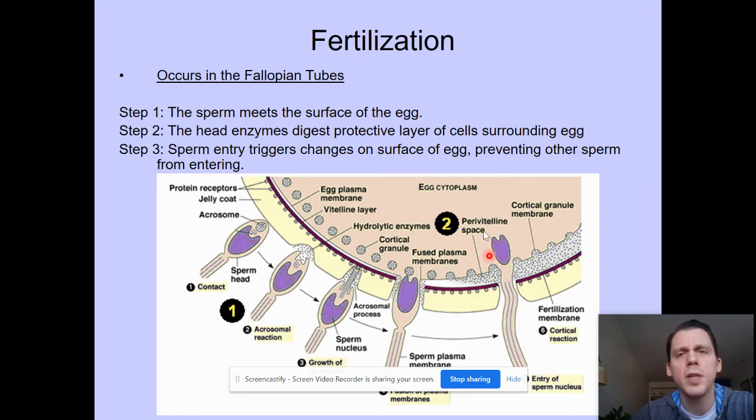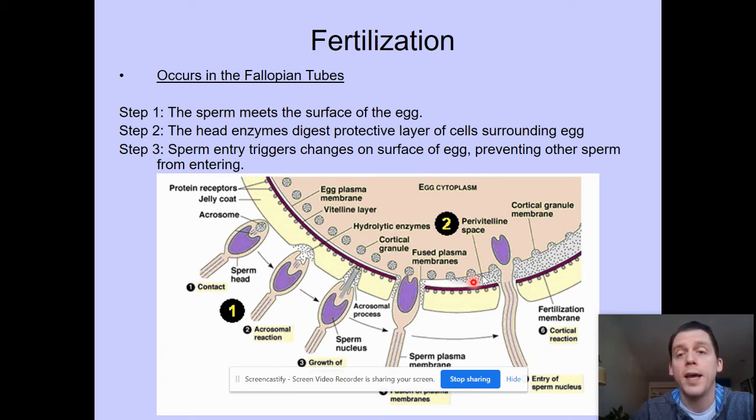The haploid nucleus will then enter, and as soon as that haploid nucleus enters the egg, it's going to cause a chemical reaction in the egg. Calcium ions are going to come out, and they are going to prevent any other sperm cell from entering the egg. So only one can enter. Once one does enter, the egg sends out all this calcium that prevents anything else from